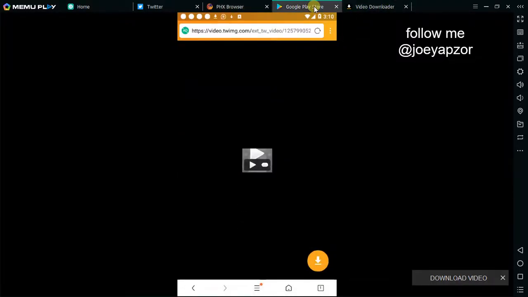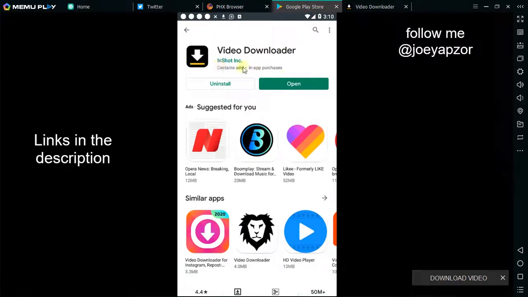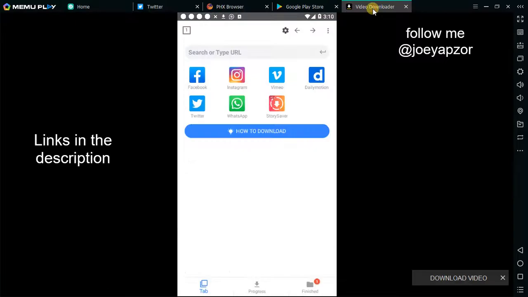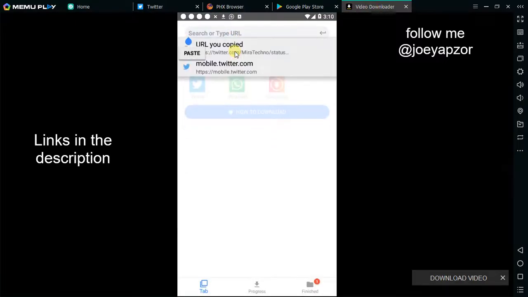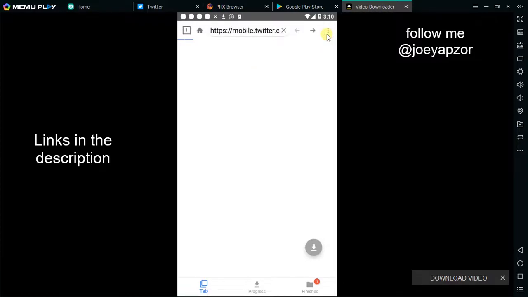The second method is just go to the Play Store and get this app, video downloader. And when you go there, you paste the link the same way. So this one is an app. The other one is on the web. So depending on your choice of